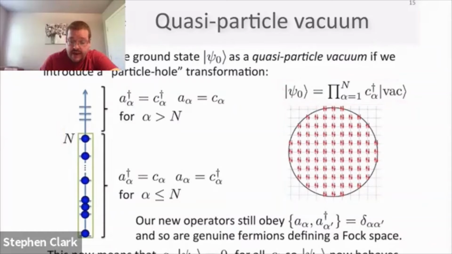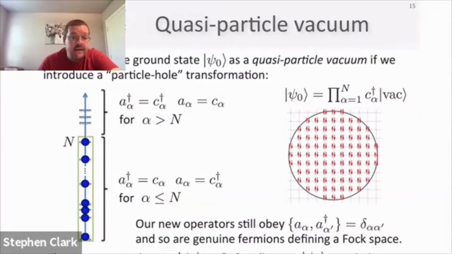So what do I mean by that? I mean that it will basically behave like the vacuum if we introduce a particle-hole transformation. A particle-hole transformation says that if we're up here in the unoccupied place, creating a quasi-particle is exactly the same as creating a particle, and annihilating a quasi-particle is exactly the same as annihilating a particle. But down here, inside the Fermi sea,